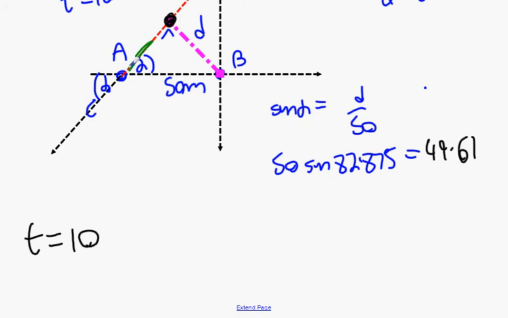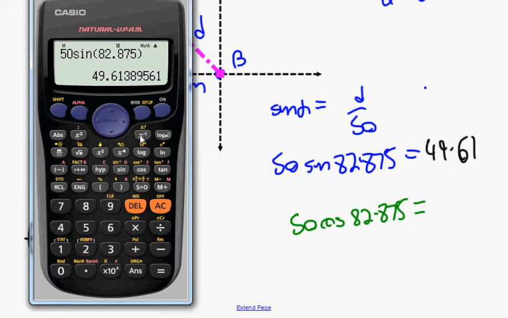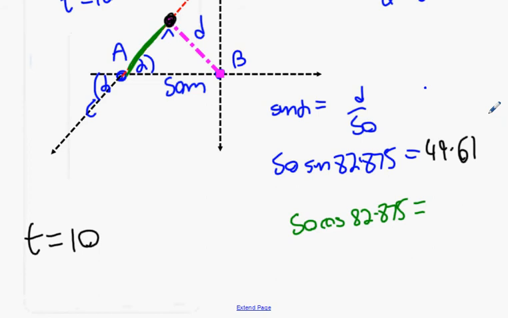First of all, how long is this distance? Can anybody tell me how to find the green distance? Pythagoras would work well, or I could also use 50 cos 82.875. And what do I get there? 6.202, okay? Now, please remember, B didn't cover 6.2, A didn't cover 6.2. A covered that relative to B,